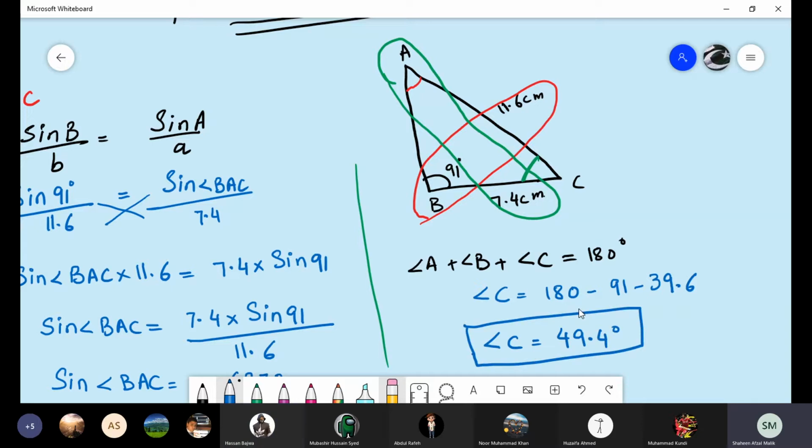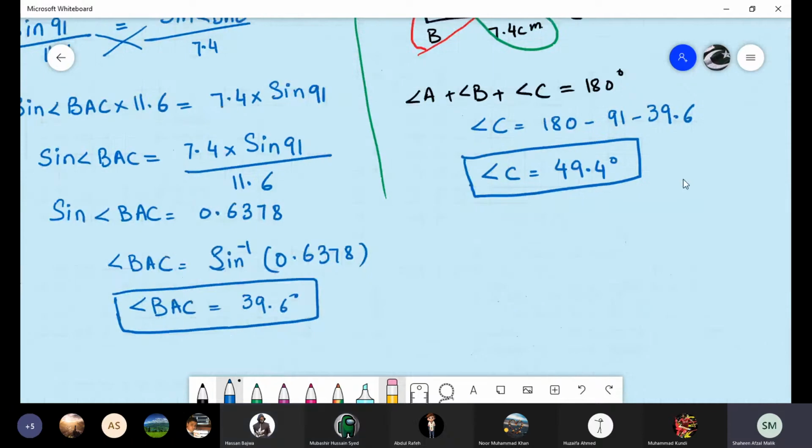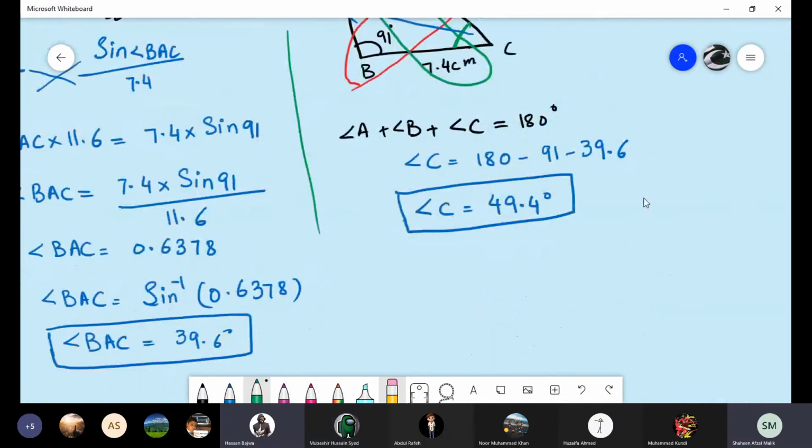Now we have to find the opposite side, this side AB. Yes, we have to find side AB. So again we have to write using the sine rule. B over sine B is equal to